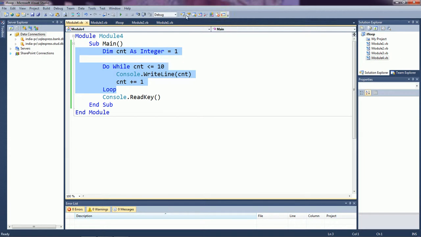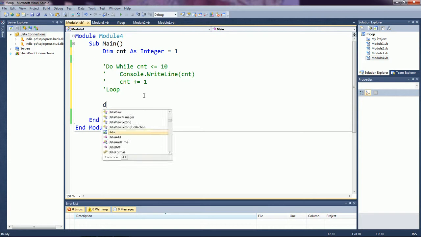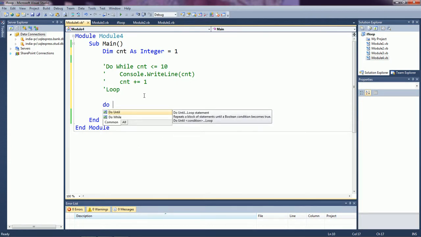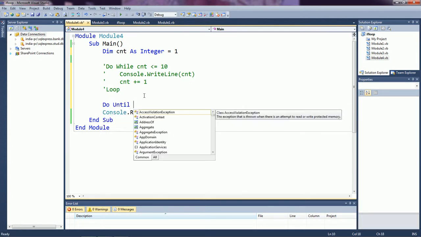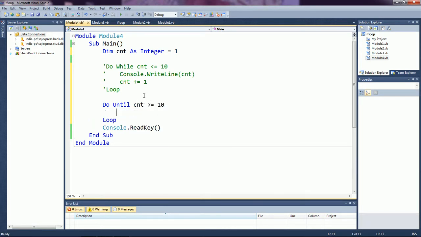Let us on the comment. Yeah, here is the comment. Okay, do until the condition is changed, greater than equal to 10, then only